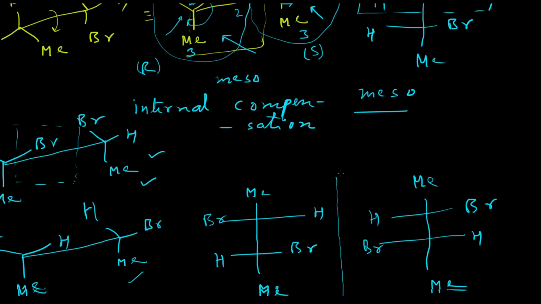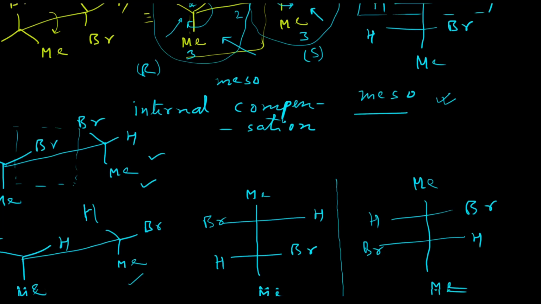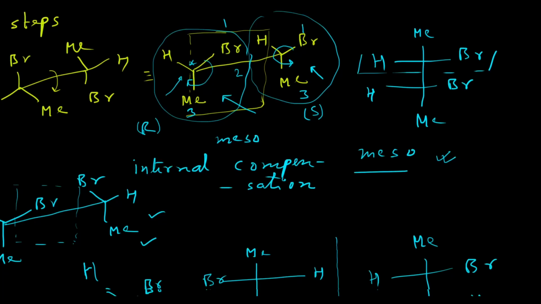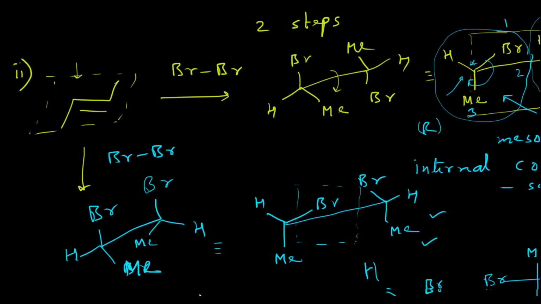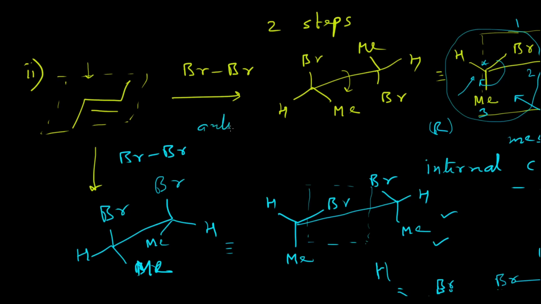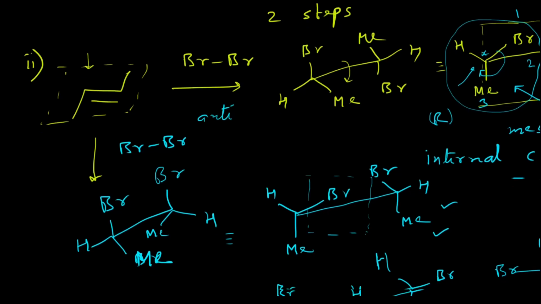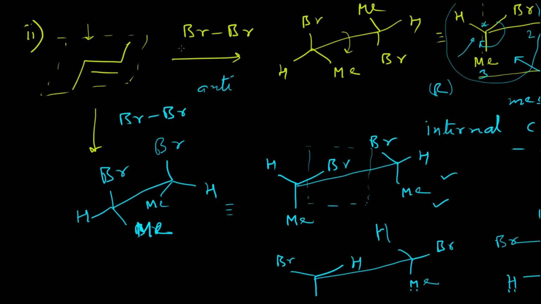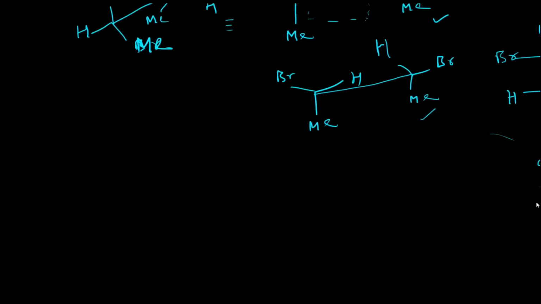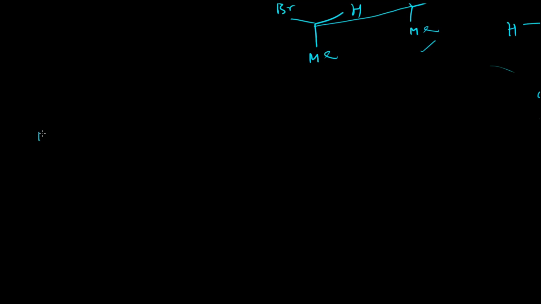So what was found is that the meso compound is actually formed after the reaction, after the bromination. So what this suggests is that the reaction is actually taking place in an anti pathway. That is, one bromine atom forms a bond from the top face of this molecular plane, and another bromine forms the new bond from the bottom face of this molecular plane. Okay. Let us discuss the third experimental finding.